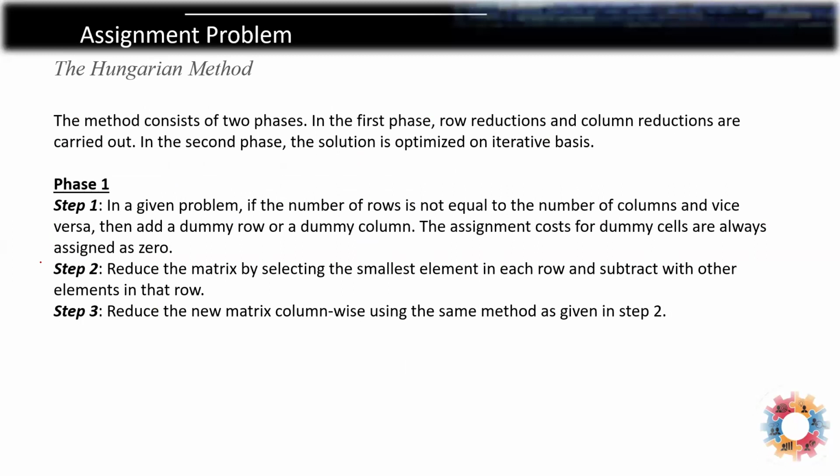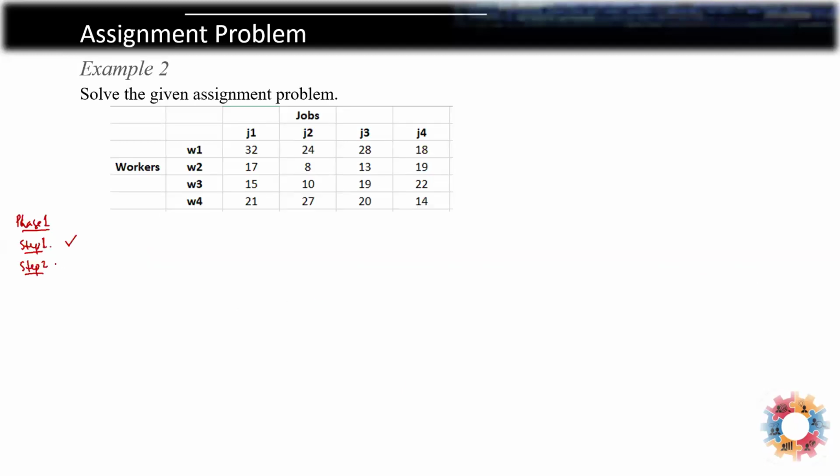Row reduction of matrix and column reduction of matrix. Again, how do we do that? We do it by selecting the minimum value in each row and subtracting the entries in that row by that minimum value. So let's draw here a matrix. Okay, let's consider the first row first. In the first row, the smallest value is 18. So we'll subtract each entry, each cell in that row,